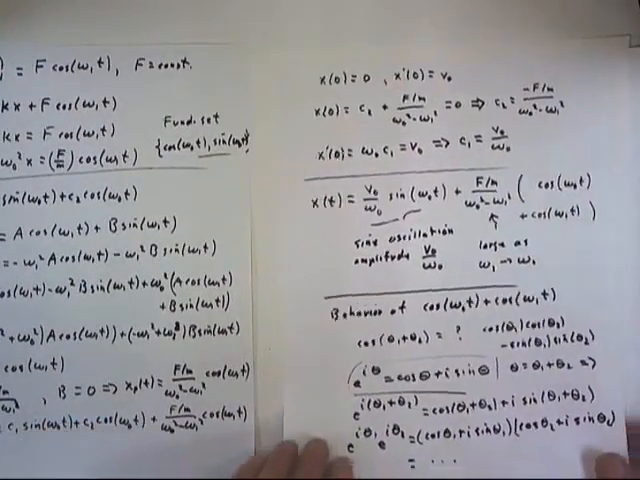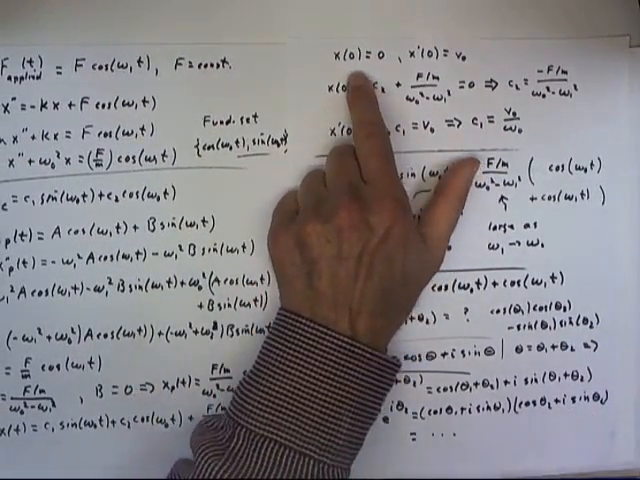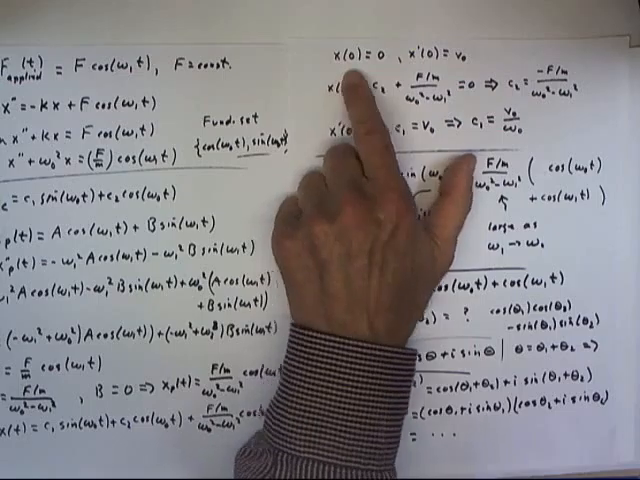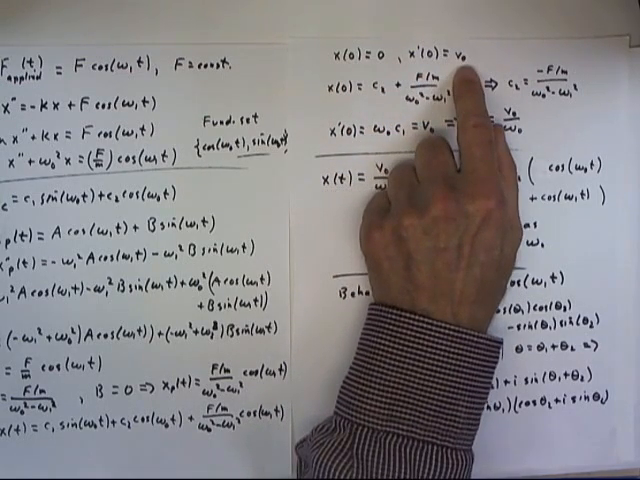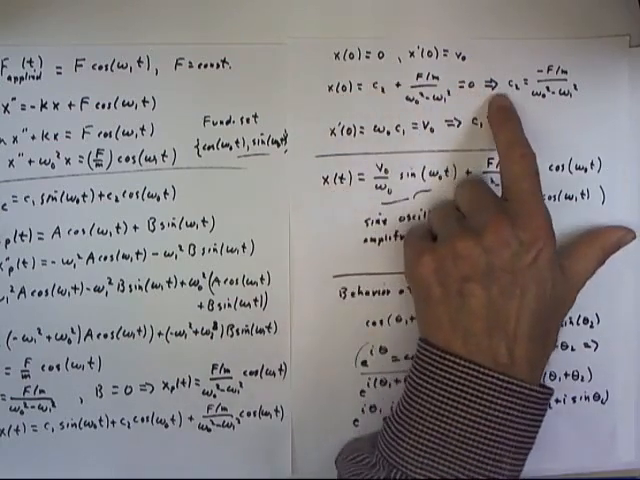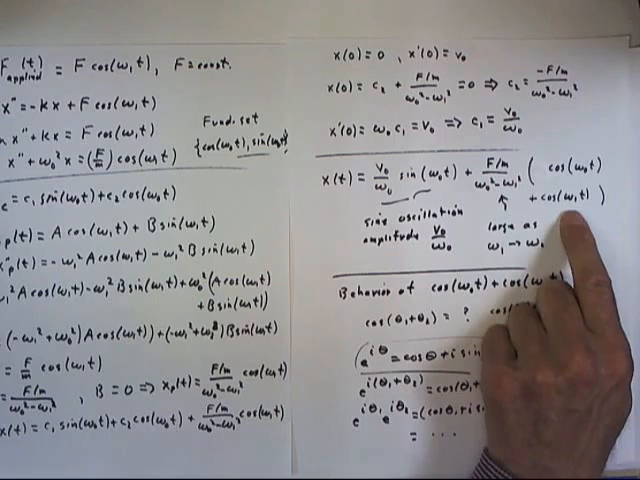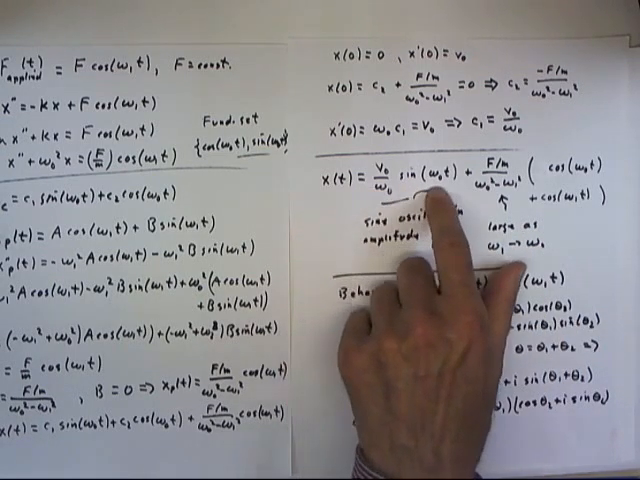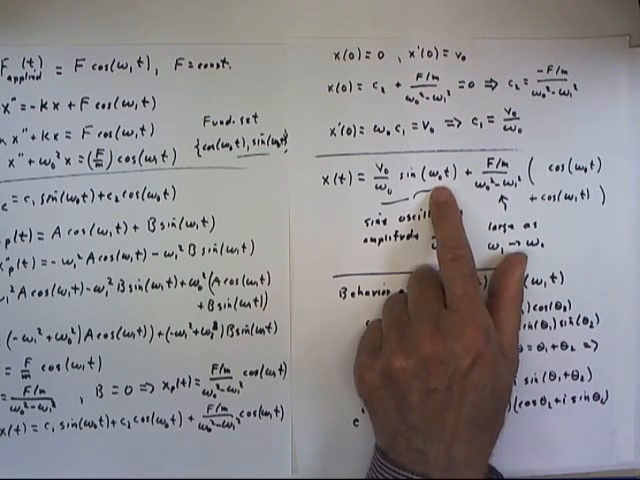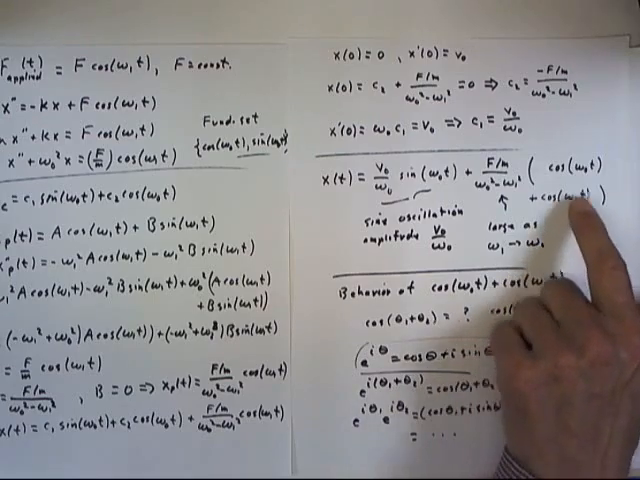Then we looked at the way the solution is going to behave if the oscillator is initially at its equilibrium position, moving with the velocity v0. Doing some straightforward calculations, we obtain this solution where we have a sine oscillation with a certain amplitude and frequency equal to the natural frequency of the oscillator, superimposed on a particular